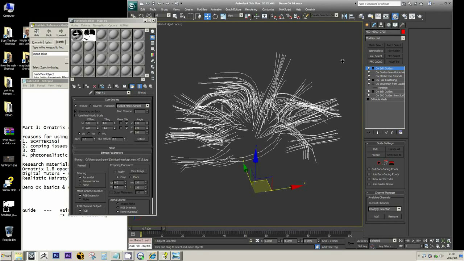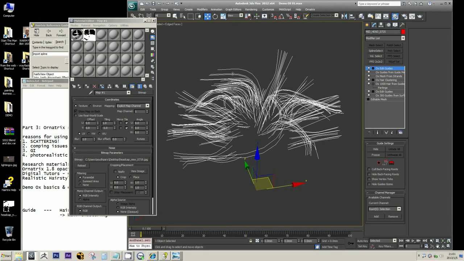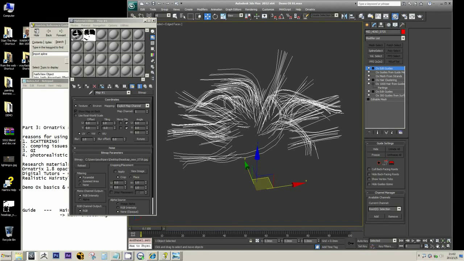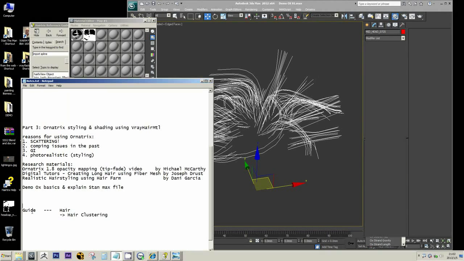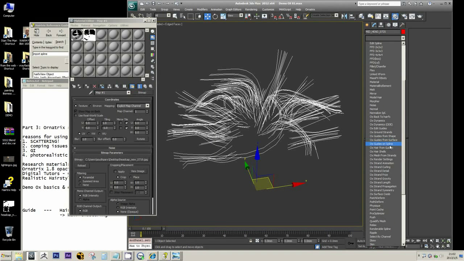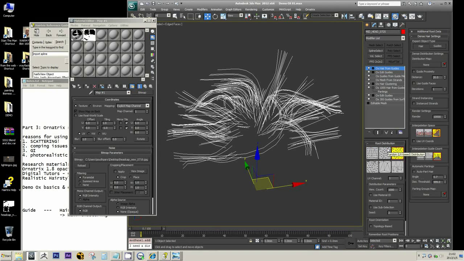Let's just say at this point we are in guide mode, right? So say for example we've done something like this, and then we want to go back to hair. Sorry, I know it's a bit confusing. I tried, believe me, this is my second take and it's still a bit confusing, but once you dive into Ornatrix, you will probably know why I want to go back and forth between the guide and the hair type, but bear with me for right now. I want to go back to hair, so I go hair from guides, okay, and then